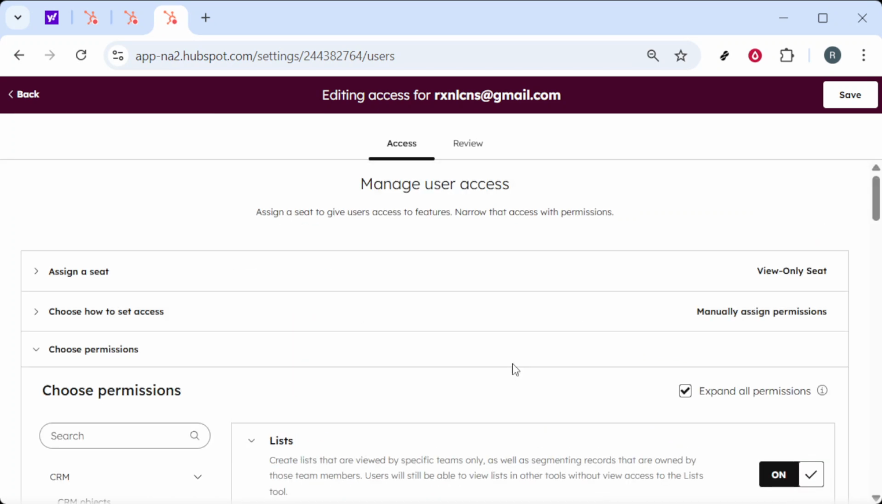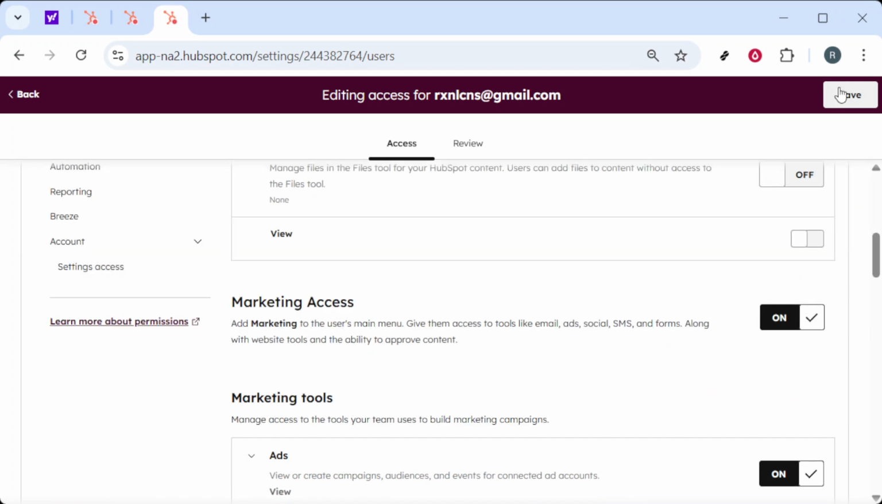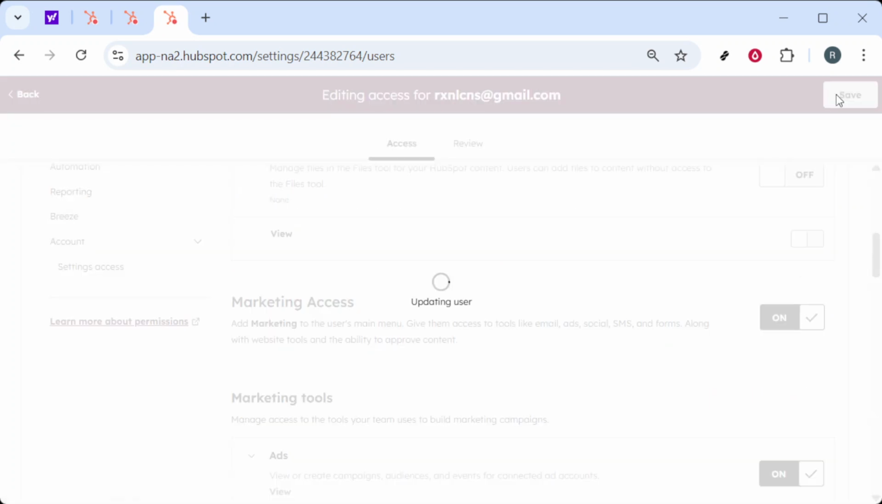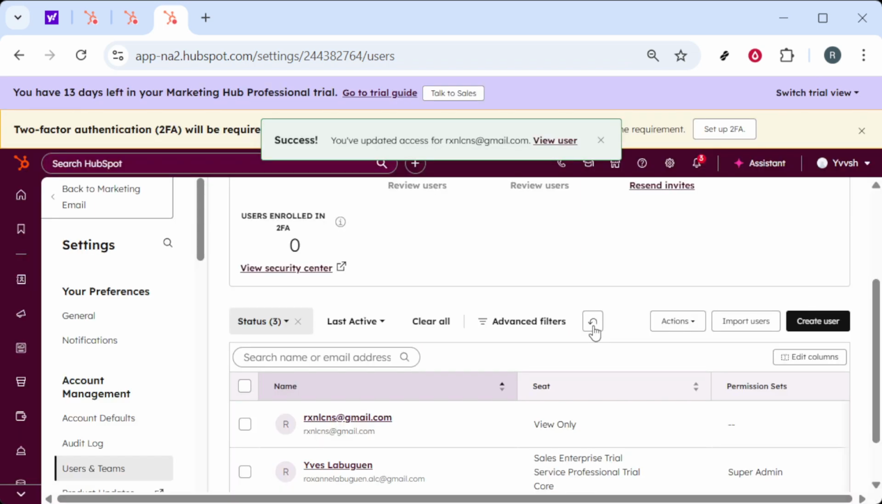When you're ready, click Save. Your changes should take effect right away. If the user already has HubSpot open, ask them to refresh their browser to see the updated access. From here, they'll be able to access the marketing email tool and engage with approval requests according to your team's review process. That's it. You've ensured the necessary marketing access is enabled so your team can use email approval requests